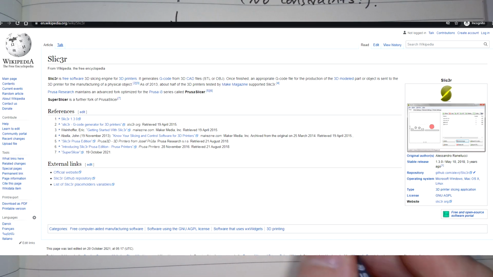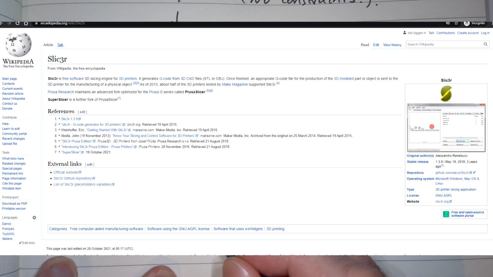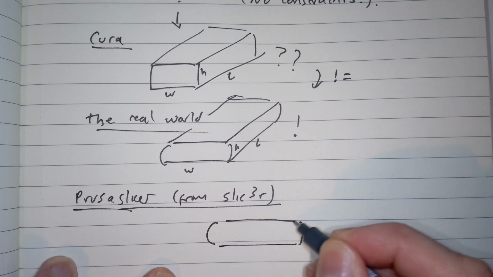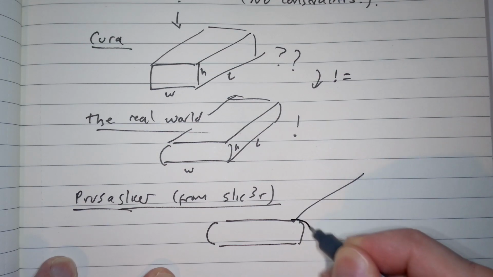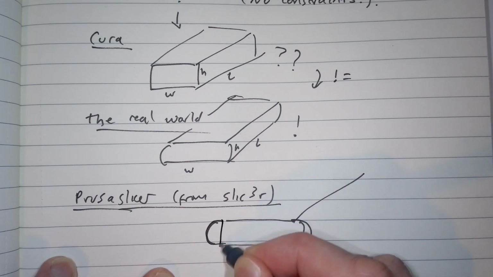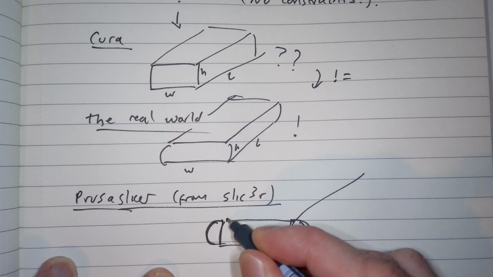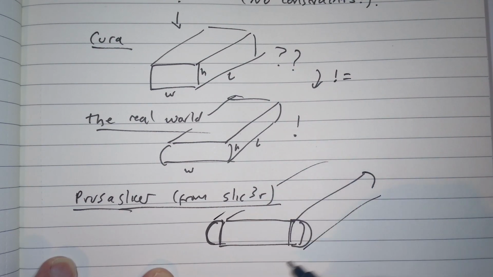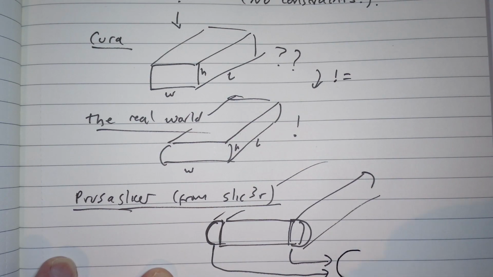Prusa Slicer, you may or may not know, was forked from Slic3r in 2018 or whatever. I haven't really looked into the details, but that's the general gist of what happened. So Prusa Slicer's core logic, and I'm sure a lot more, is from Slic3r. The equivalent flow math in Prusa Slicer is surprisingly more complicated. Not so much surprising that it's more complicated, I guess, but it's definitely surprising that it might not actually make a real-world difference. But I guess that remains to be seen.